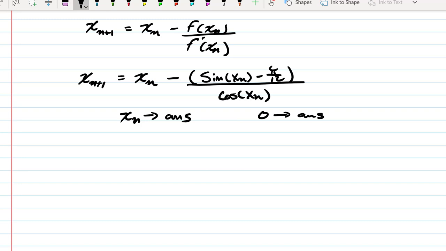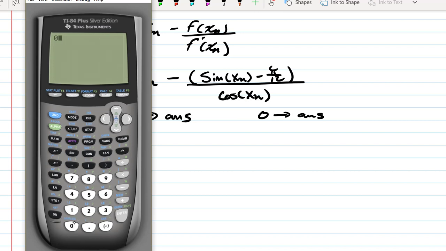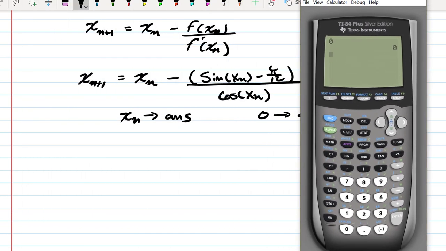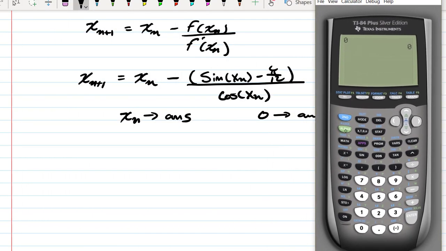We're going to save 0 as our answer. So to do that, we just press 0, and that puts that in as our answer. And then we type in our formula. So it would be second, and then we use the minus key down here in the bottom corner. We have answer minus, grab our fraction, the sine of the answer